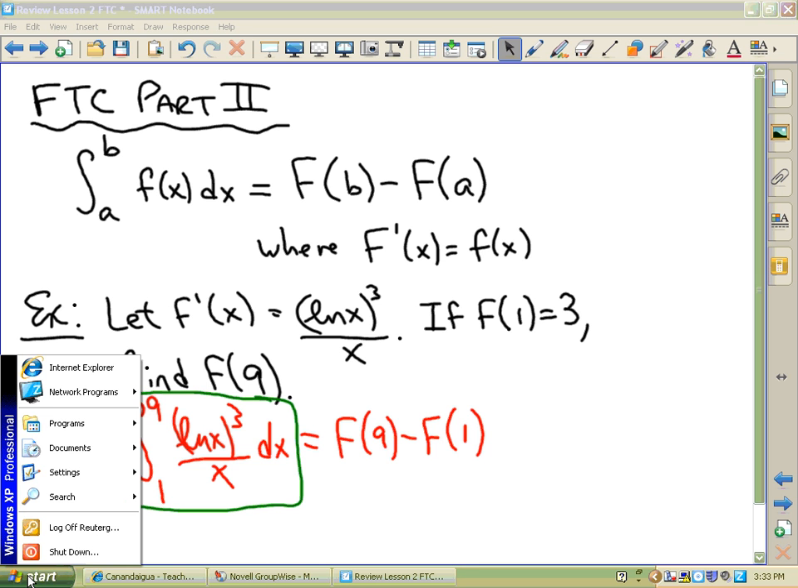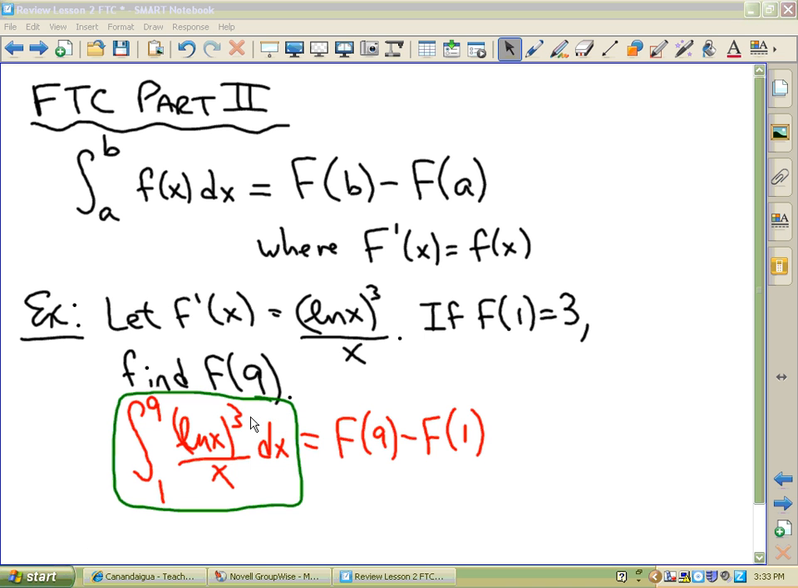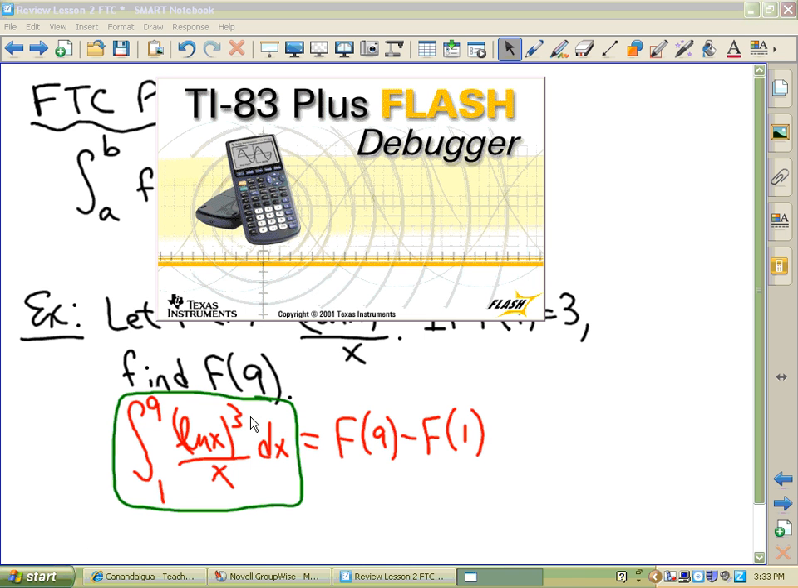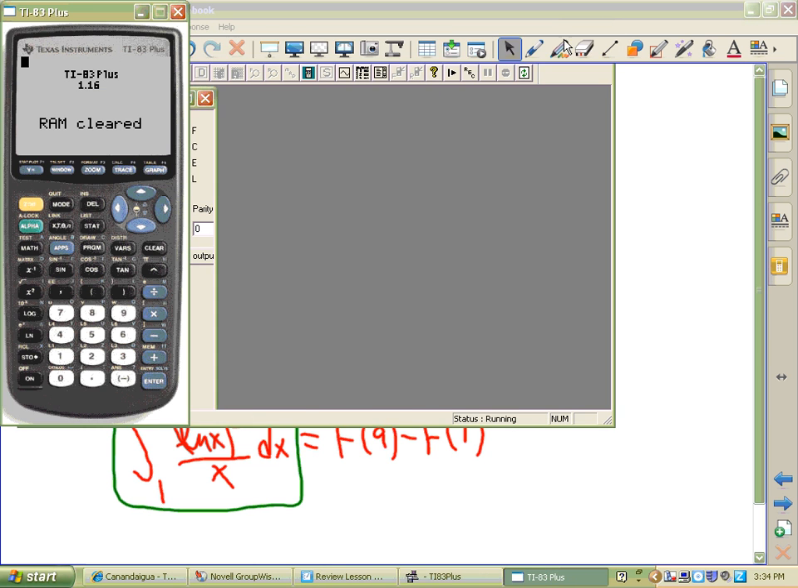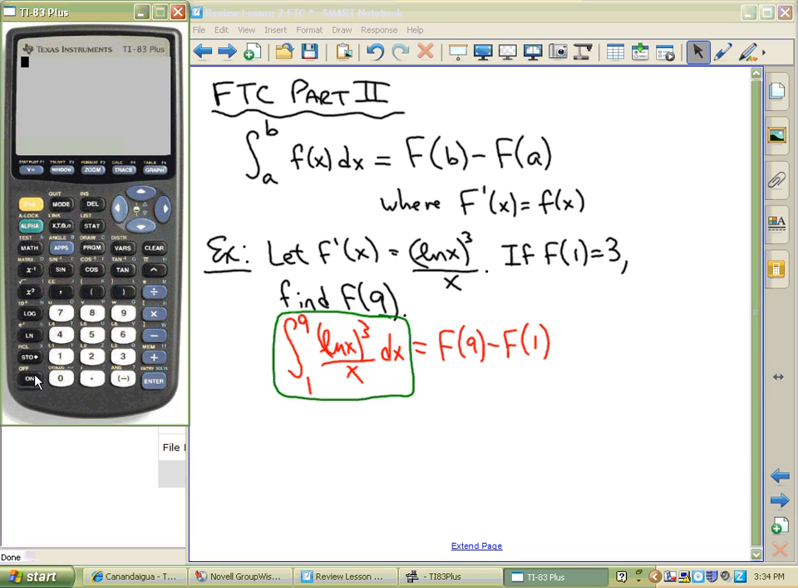So we'll go do that. We'll bring up the machine. I'm sure you're doing it at home where you're watching this. I am positive of it, even as I am doing it for you. We'll do a math 9. That's an f and int. And we're going to integrate natural log of x, quantity cubed divided by x with respect to x from 1 to 9. The calculator is going to do that for us, so we know that